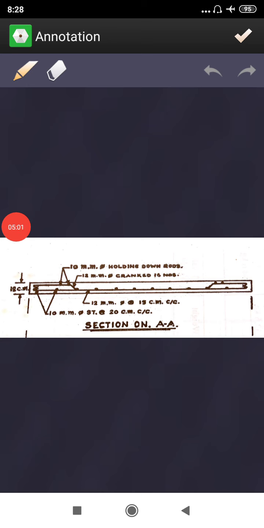So these main bars are laid in the shorter span direction, in the direction of 4.05 meter, and the distribution bars are laid in the direction of 5 meter. Here you can see the thickness of slab is 12 centimeter, 10 mm dia holding bars, two numbers on each side. Then you have cranked bars shown here, 12 mm straight bars. Then the 10 mm distribution bars are also shown in the cross section.